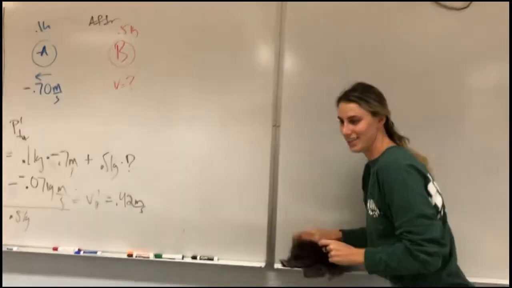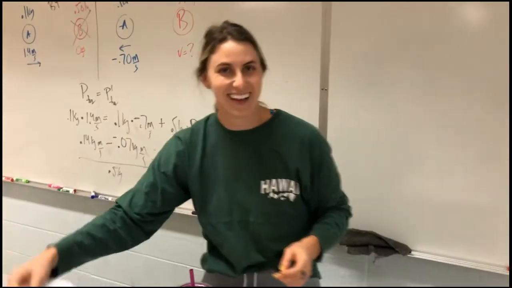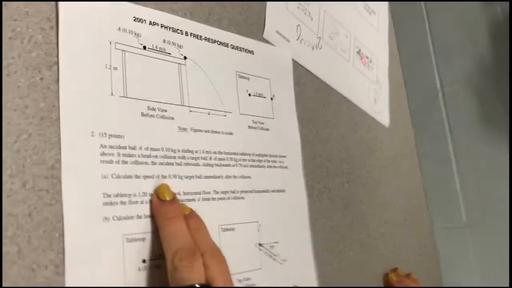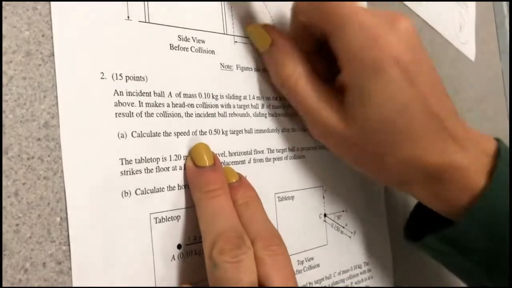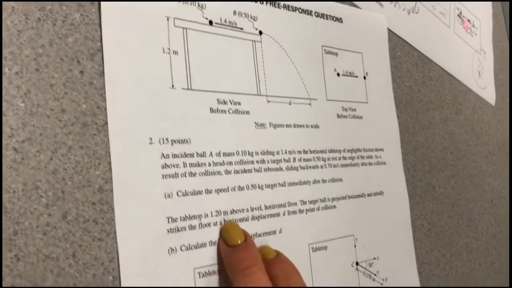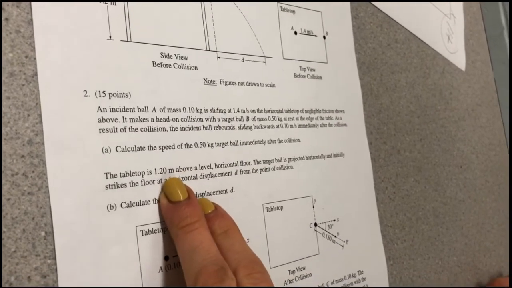It's nice to have someone who can help me out with things. Your lovely assistant. Okay, so we just calculated the speed of ball B. And now it says the tabletop is 1.2 meters